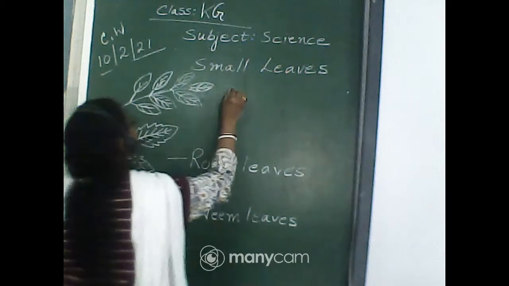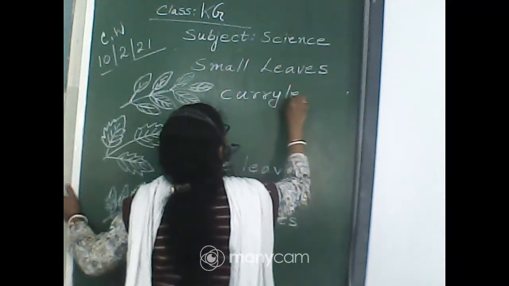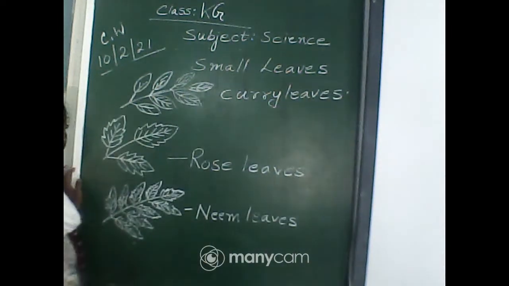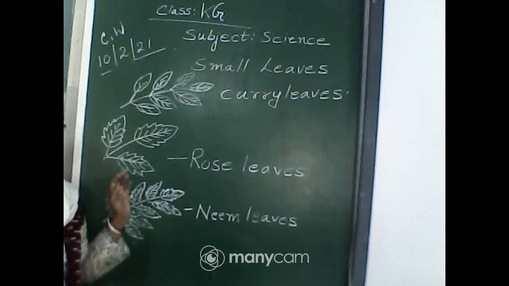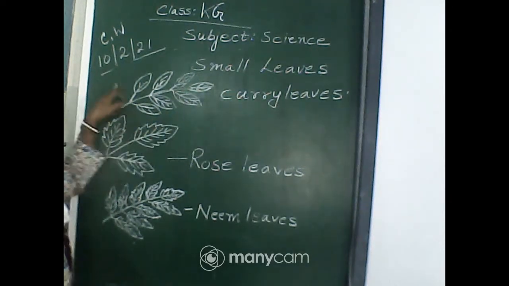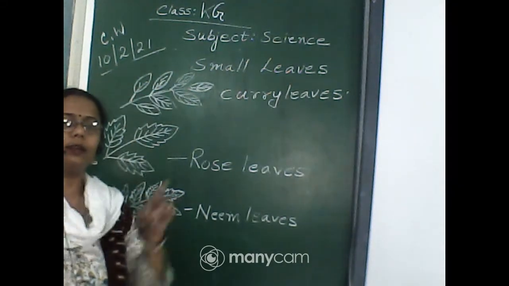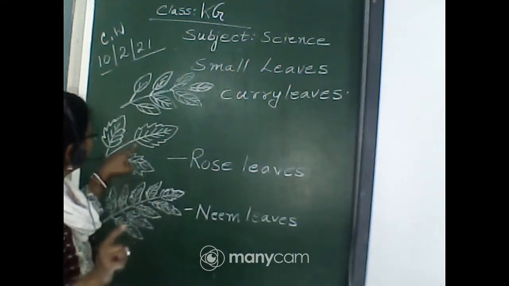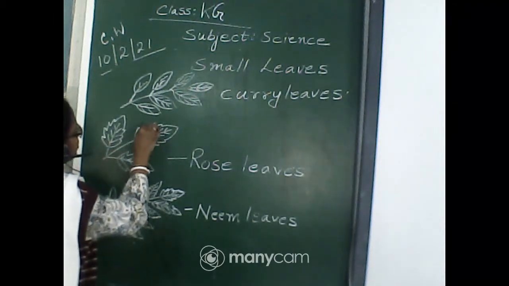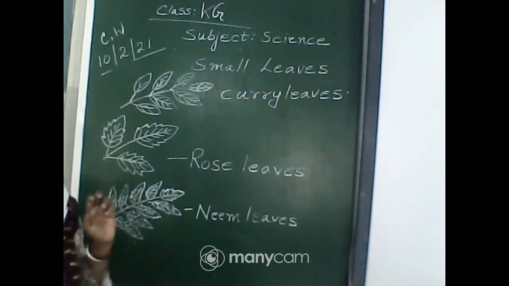This is curry leaf. They don't have any type of curve over here. They are very plain. Their borders are just plain, whereas our rose plant is having some edges, that is curves over here. Okay, so let's go for